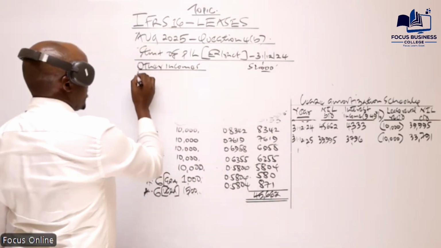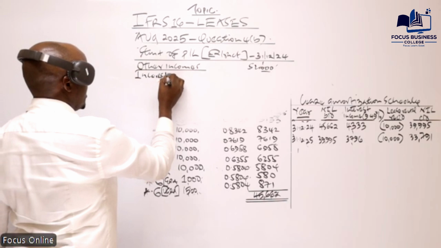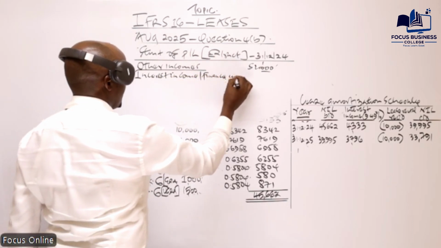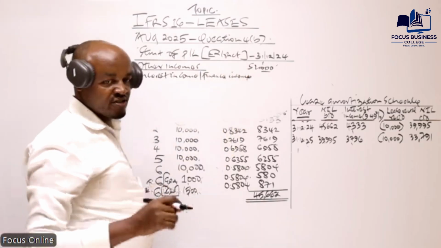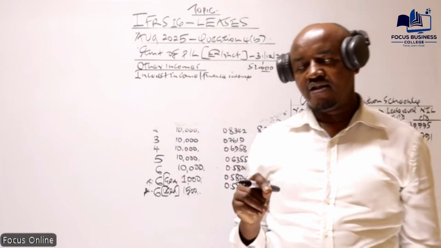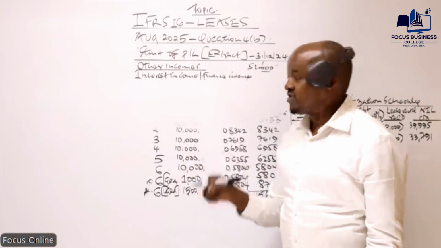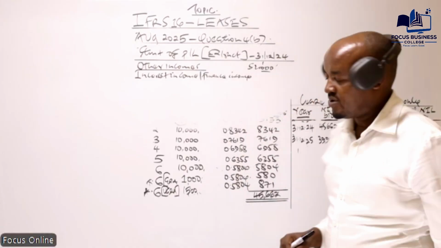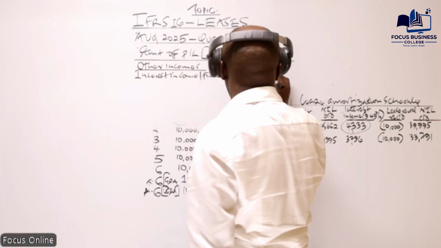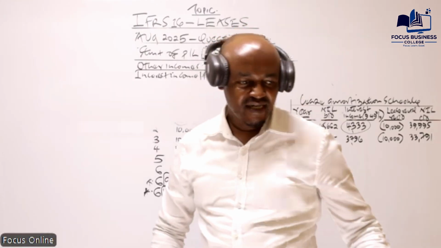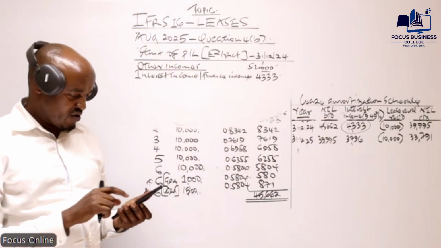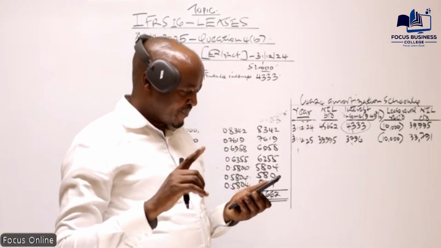So our company was supposed to recognize the interest income. Now, the interest income can also be known as the finance income. Remember, in case of interest expense, the other name for interest expense is finance costs. Equally, the other name for interest income is finance income. So the finance income is this amount here, 43.33. But in this question, this company, the owner of this asset, was supposed to recognize 2 other